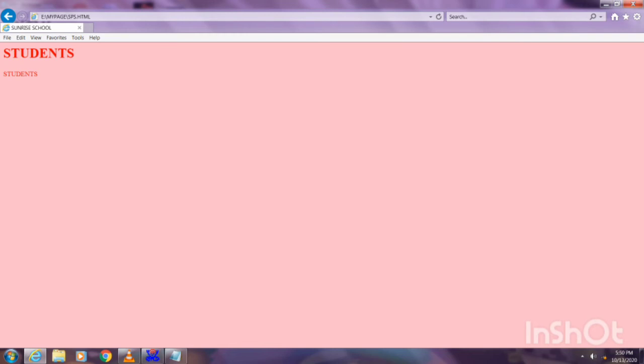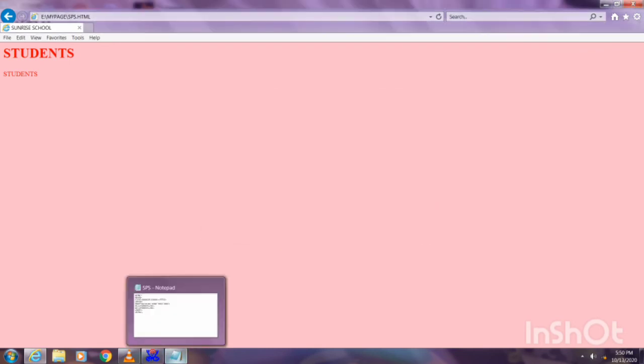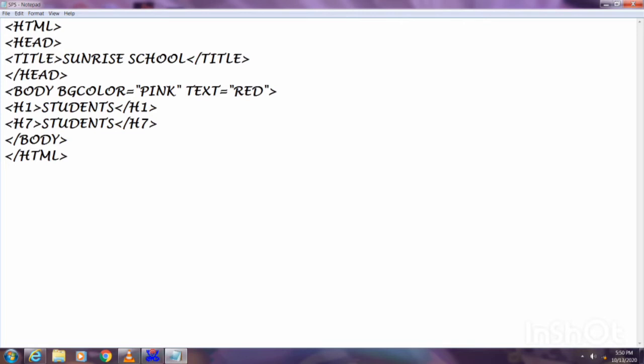Now if we want to do any type of editing in our document, then we have to go again to the notepad window. So from the taskbar I can directly go to notepad. I will click here. This is my document. Now I can make changes in it. Any time I make a change, I will click on the save button only, not save as, because I am doing only editing in it. So I need not save it again and again with new names.